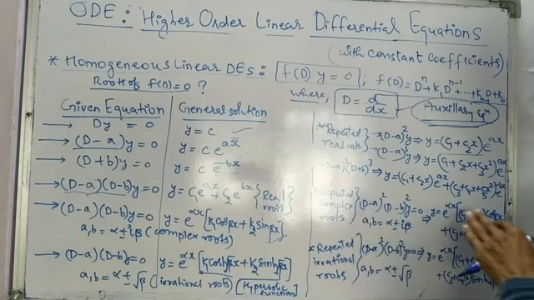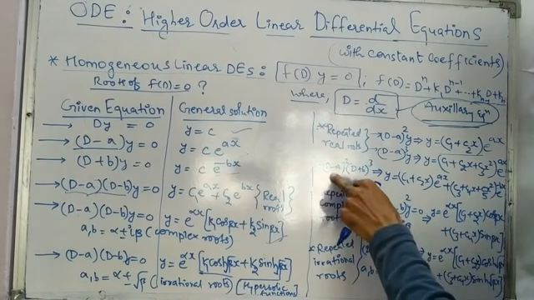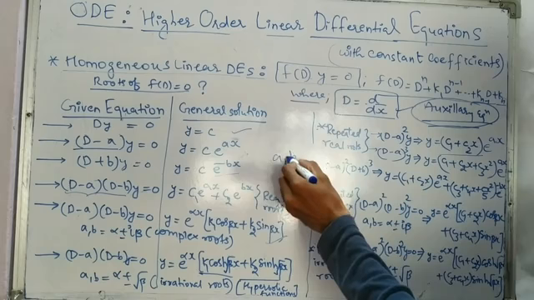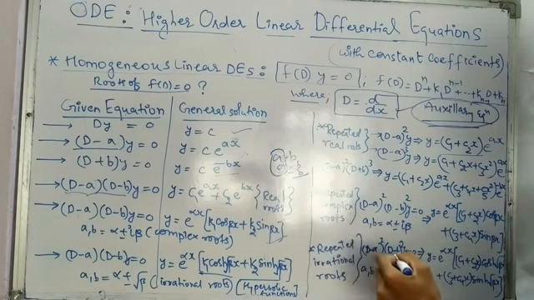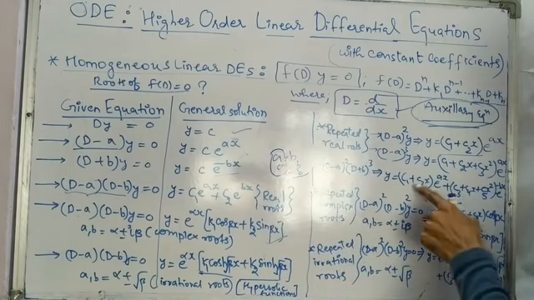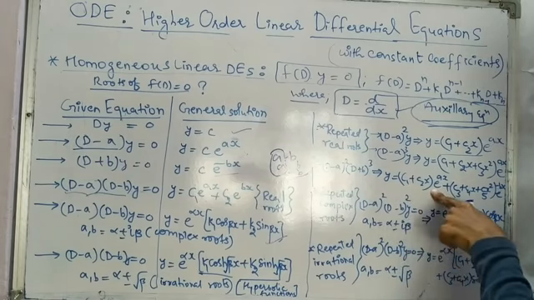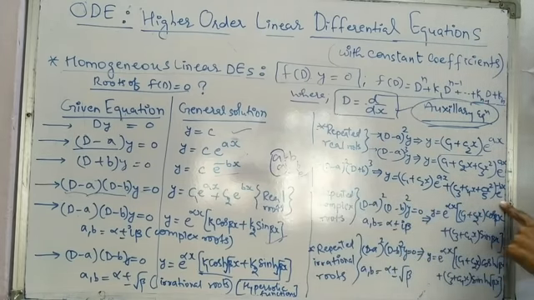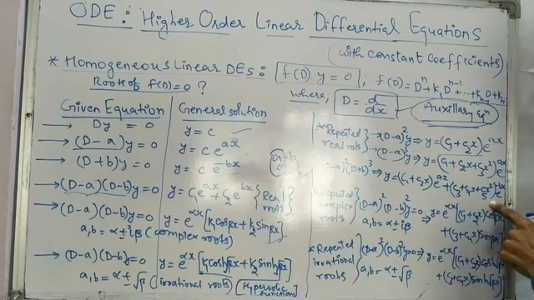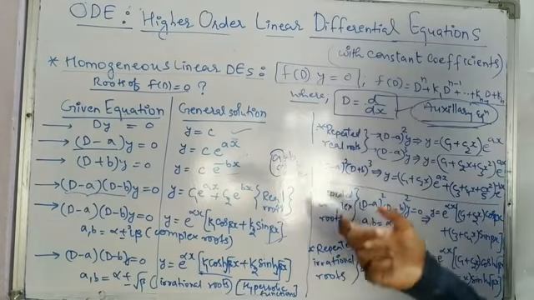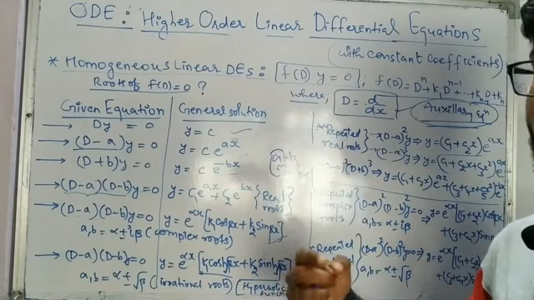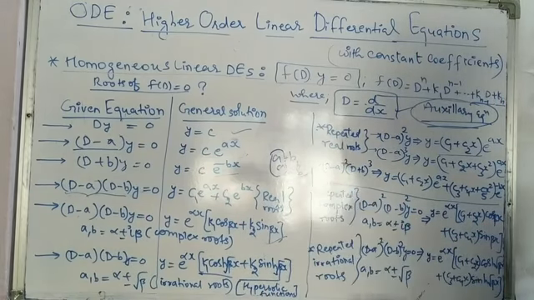And if there are 5 roots, say a and b, minus b. So a and a, 2 roots are there, and minus b, minus b, minus b, 3 repeated roots are there. So for a we write c1 plus c2 x, e power ax, and for minus b, e power minus bx will be there, but as 3 roots are repeated, we will have to write c3 plus c4 x plus c5 x square. So this is the case of real roots only, but the roots are repeated in nature. Repeated means instead of having only one real root, we have one root multiple times, a and a, minus b, minus b, minus b, something like this.